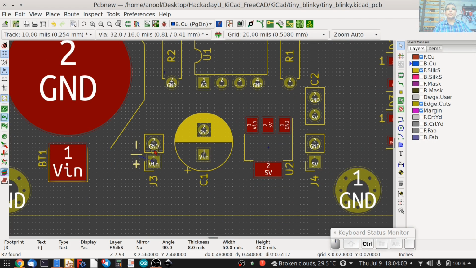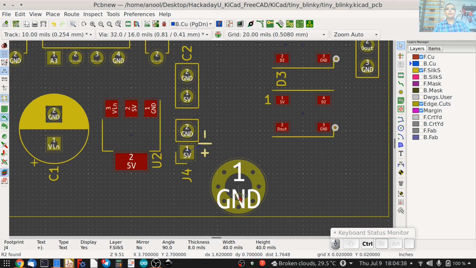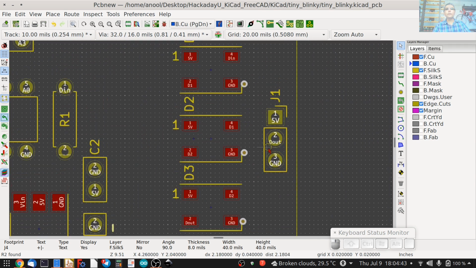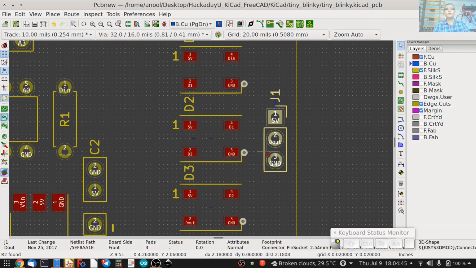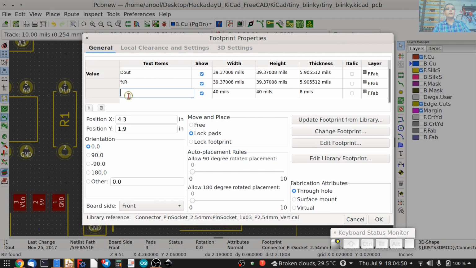Then we need to do the same thing for the other header, that's J4. So we probably should add text to the output header as well, J1. So double click on this J1 header and add text, and what we have is a ground, the out, 5V. So those are the 3 connections on the front silk layer. Click OK.